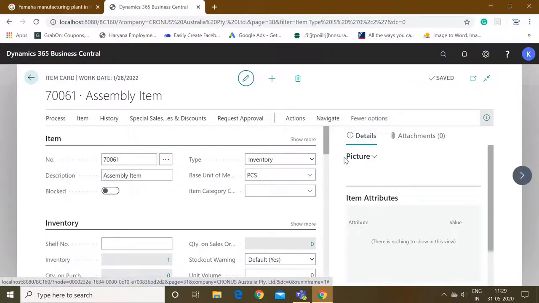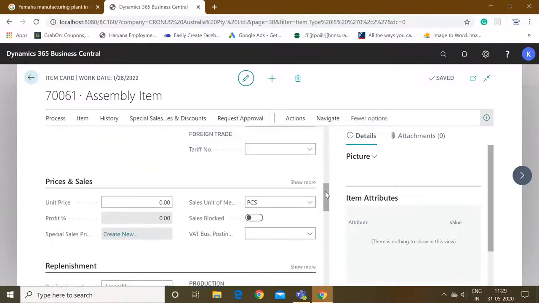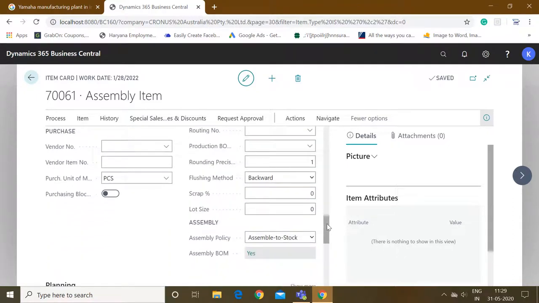So through this we have now understood the concept of assembly order and its working in Dynamics 365 Business Central. Okay, in the next part of this video we will learn the concept of assemble to order. In that video we will learn what configuration changes we have to make in the item master in order to generate an inventory only when we receive an order from